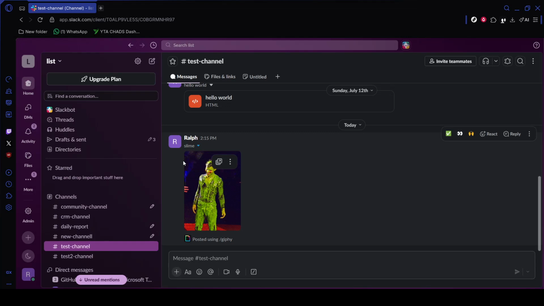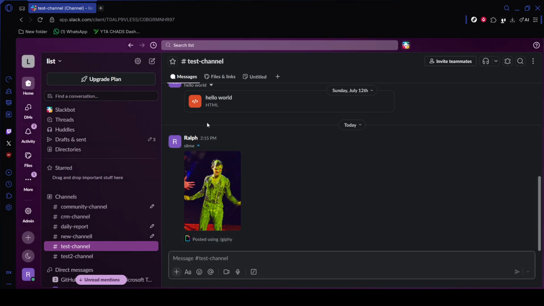In today's video, I'm going to teach you how to use GitHub Actions to automate tests and Slack notifications. This setup is a practical way to get fast feedback whenever code is pushed or a pull request is opened. GitHub Actions can automatically run your test suite, and Slack can immediately notify your team whether the pipeline passed or